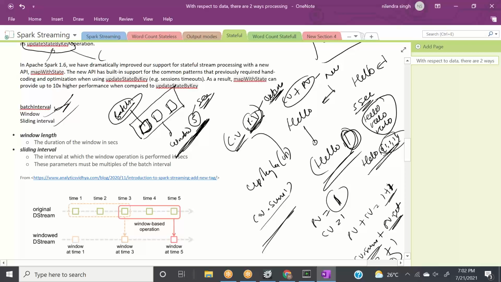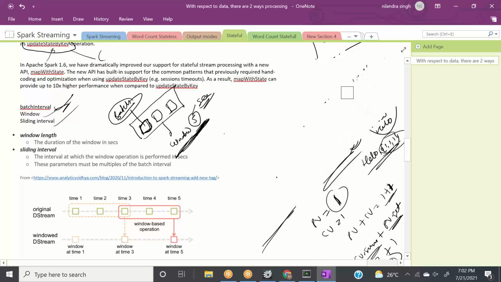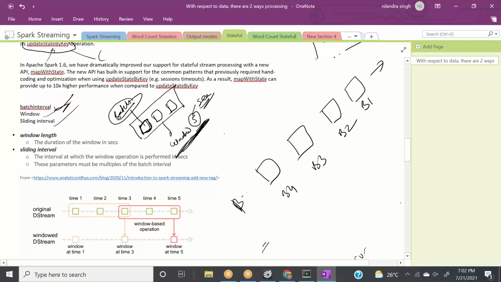Now, what is sliding interval? It's an interesting thing. One thing before we go to the sliding interval: we are talking about real-time data, a continuous flow of data. Every 5 seconds, one batch is created. This is B1, then B2 will come, then B3, B4, B5, and B6, something like this.